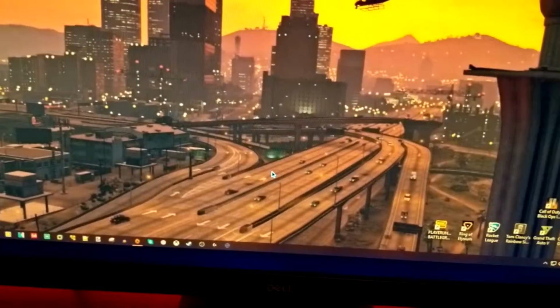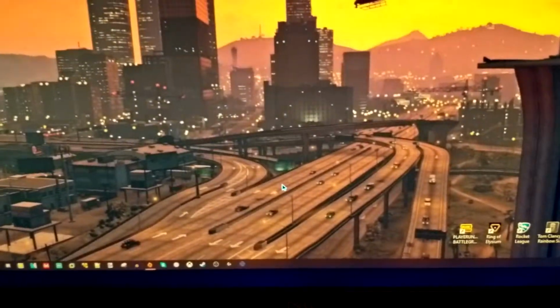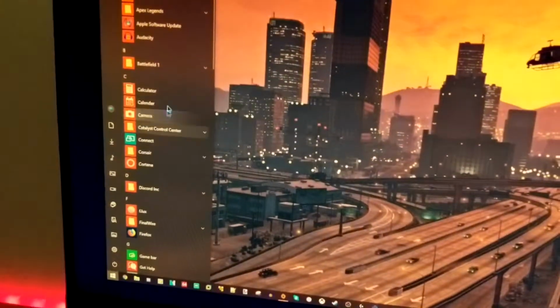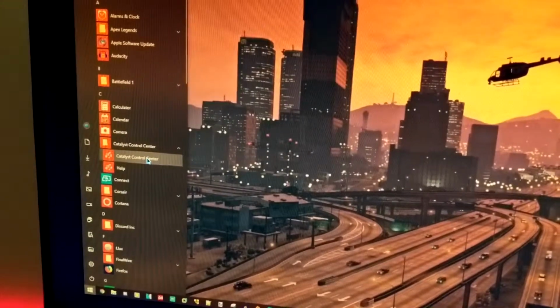your computer. Now, if you don't, you probably don't have the drivers installed, so I would recommend doing that first. There'll be a link in the description to their website. What you want to do is right-click to get to the Catalyst Control Center, or you can even just go up to, so right here, you're going to do Catalyst Control Center, and you're just going to